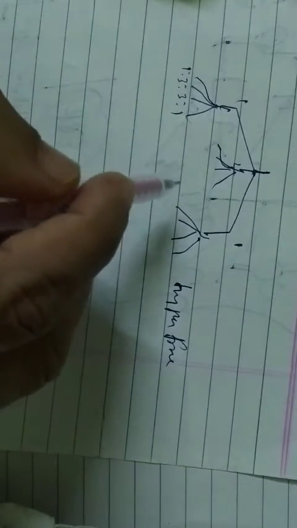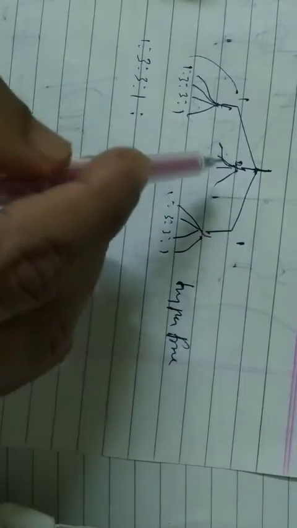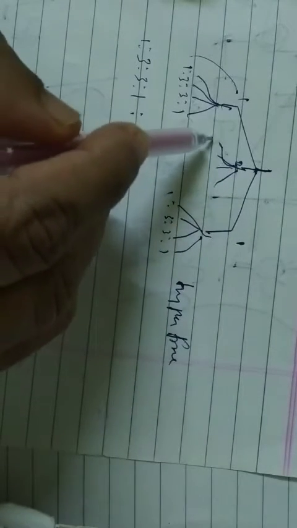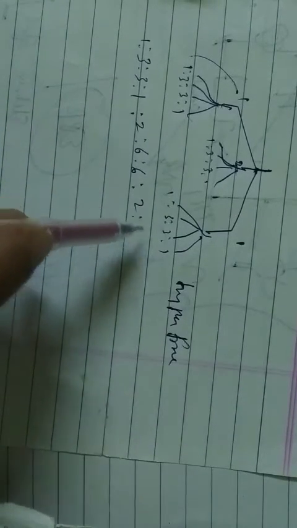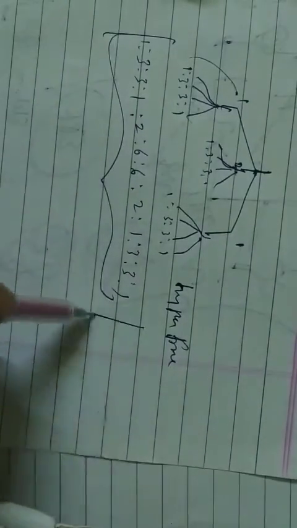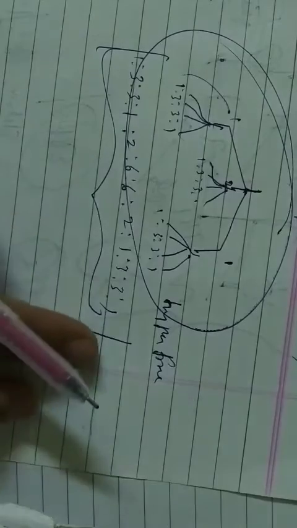1:3:3:1. Now you can multiply this with this here, so that is your 1:3:3:1, and now here it is 2. You can multiply by this 2, 1:3:3:1, that means 2 into 1 is 2, then 6, 6, 2, and again 1:3:3:1. So like this, a total of 12 hyperfine lines you are going to get from this. See here. So this is how you have to explain. So 12 hyperfine lines like this.